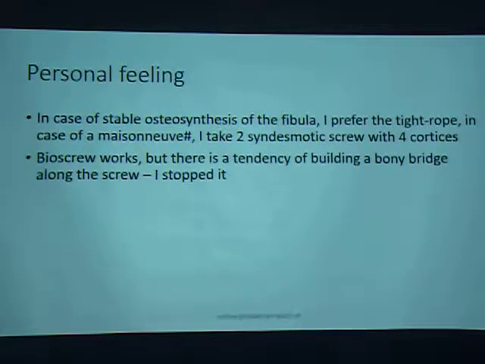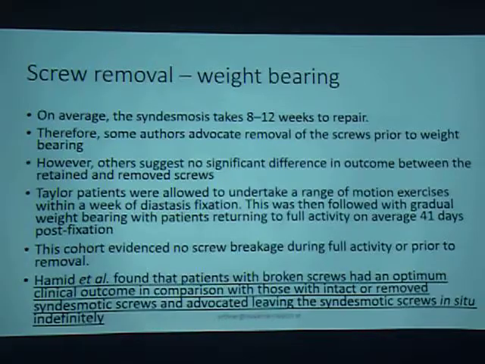In the case of a stable osteosynthesis of the fibula, I prefer the tightrope. In case of Weber C fractures, I prefer 2 syndesmotic screws with screw corners. That's my personal opinion. Spire screws should be very popular. We used them about 12 years ago. We started with spire screws and said, okay, good, the screw must not be removed, it can break and it's out by itself. But what we did see with spire screws is a big number of small bridges from tibia to fibula, and we got a really big fibular fusion. That's the reason we stopped it again.